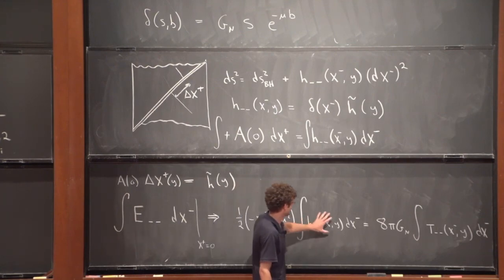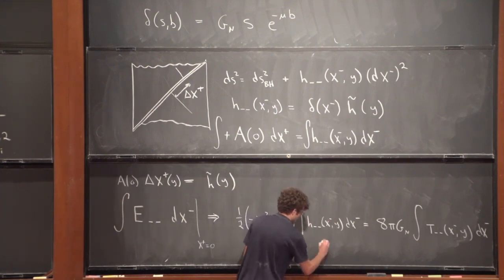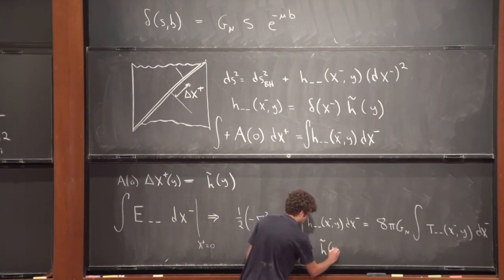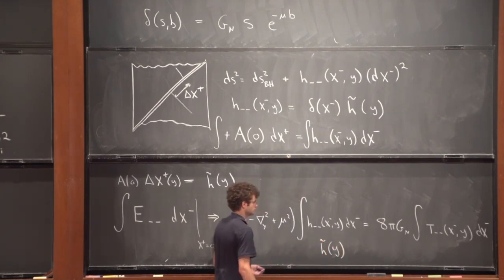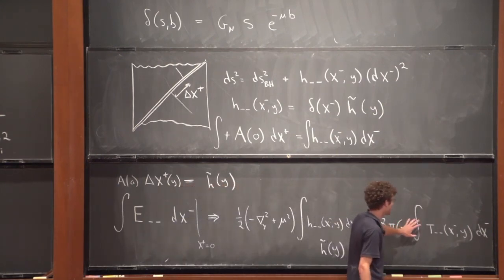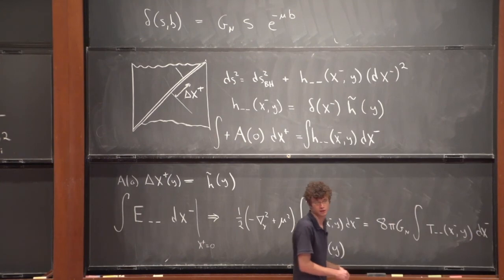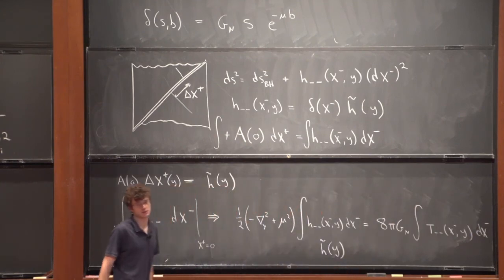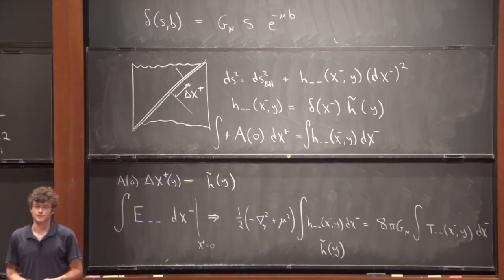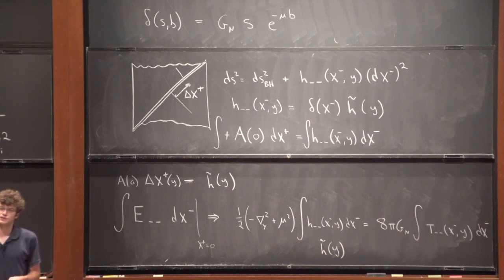Okay, and that's acting on this quantity here, which we could simplify just to h tilde of y. And the expression on the right involves this average null energy operator, the integral of T minus minus across an entire, a complete null geodesic. And this is an example of something that was discussed last week, that the average null energy condition prevents you from